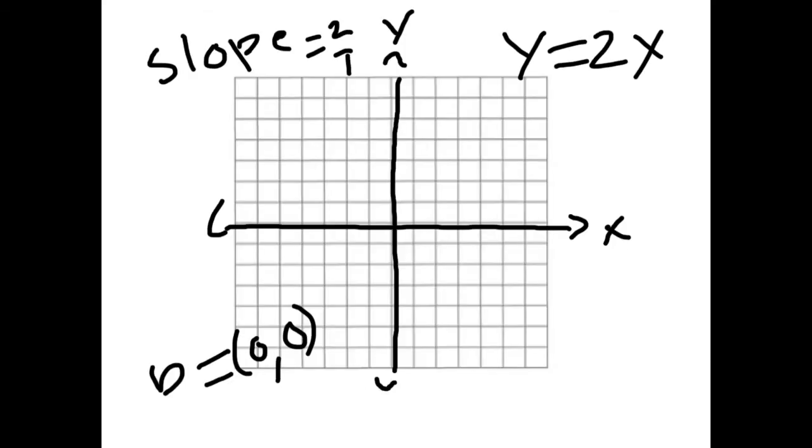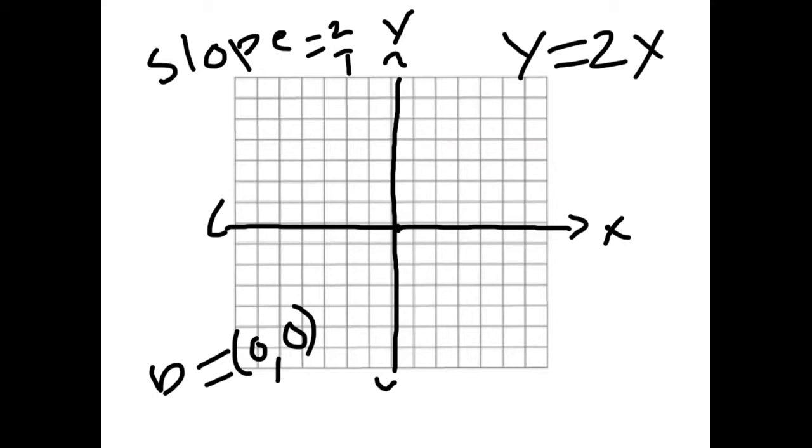So here's a coordinate plane, and I'm just reminding you of this y equals 2x equation that we've analyzed in the last slide. We know that our y-intercept is (0, 0) because there's nothing added to x. So I'm going to plot (0, 0). I'm in the center of my x and y axis where they meet, and that's my starting point. So I'm Pac-Man. I'm sitting at the origin,